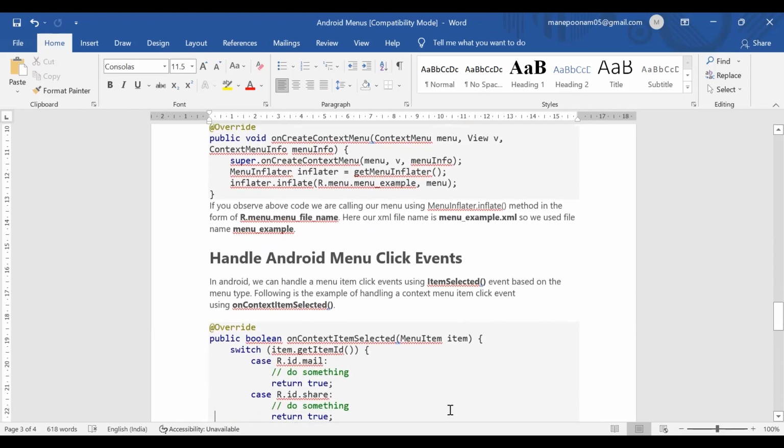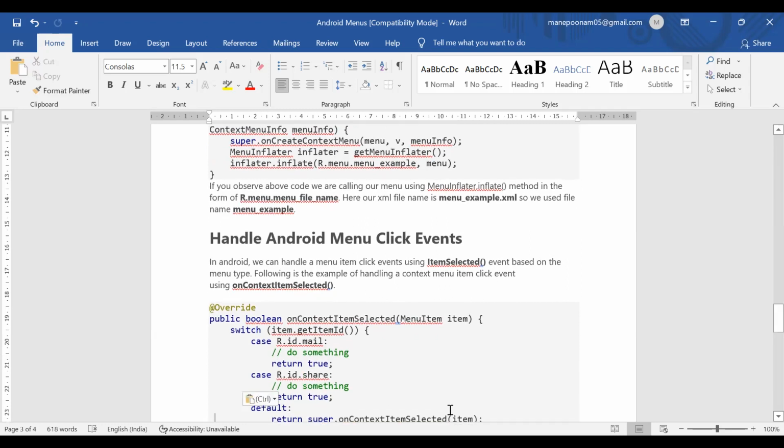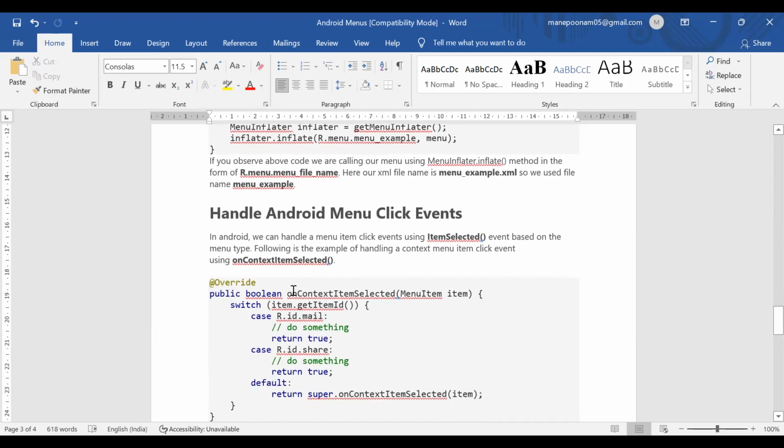We are not only going to display the menu. We perform some action on it, and that action we handle using the onContextItemSelected Boolean method. So here we write this method, public Boolean onContextItemSelected.